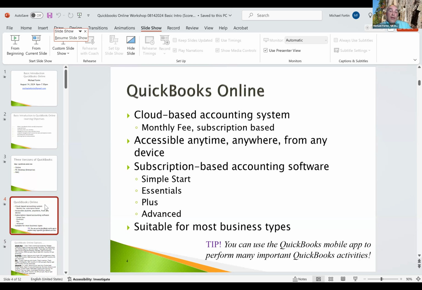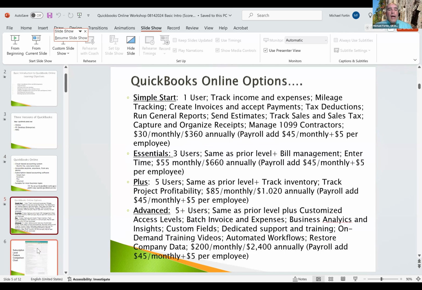And it is, of course, suitable for most any type of business, including nonprofits. I've had many people with nonprofits use the QuickBooks Online system and really enjoy using it. So these are the levels in more detail. There's a lot of detail on this slide, but I'll give